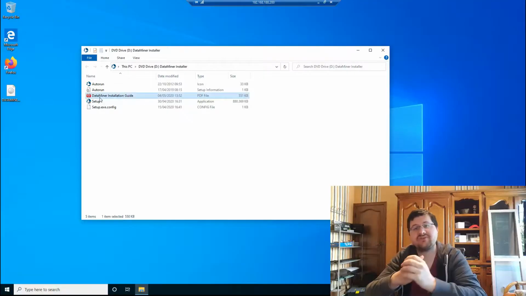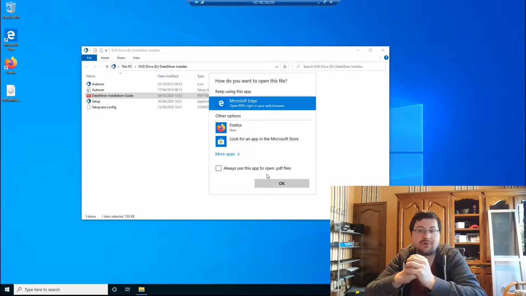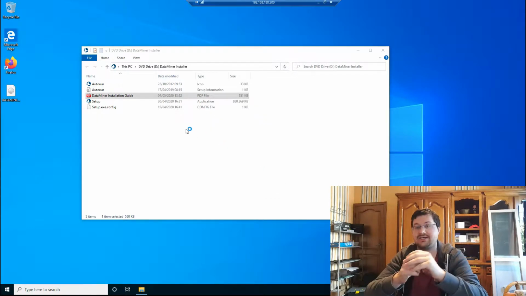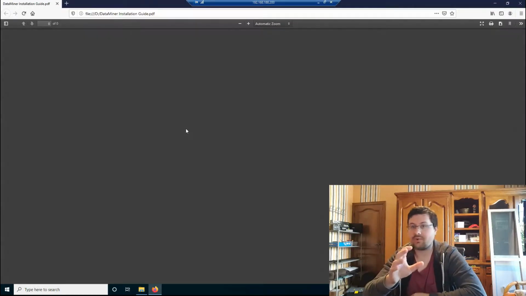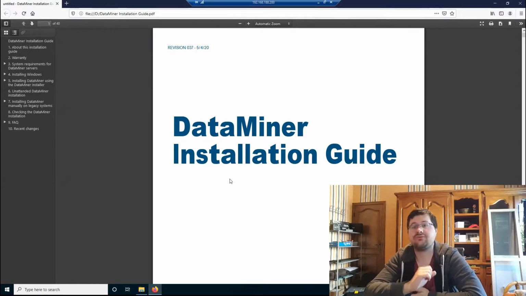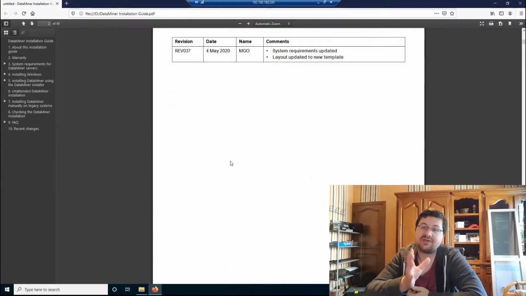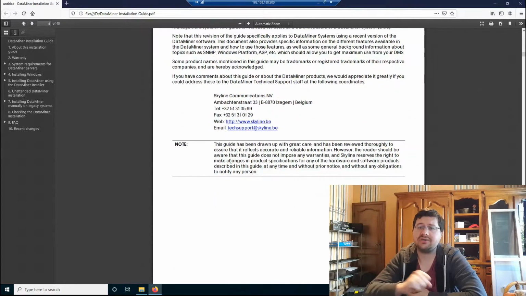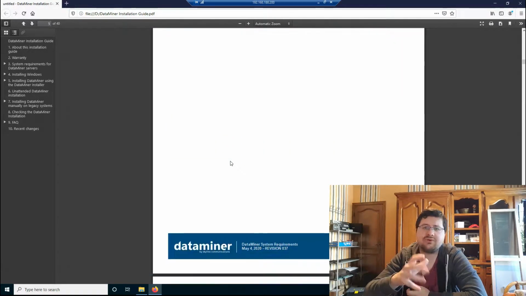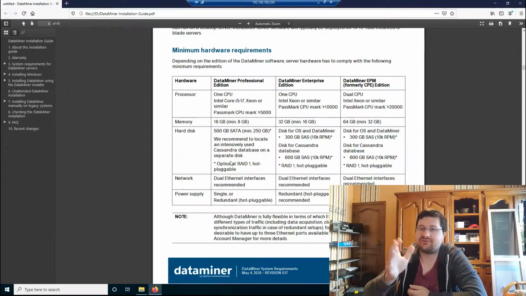Having actually gotten the DataMiner installer ISO, it's a simple matter of running the installer. First things first, there is a PDF document that indicates what the requirements are, what you need. Going through those, we've already gone through the hardware in the past, but here you can see what Skyline is offering as prerequisites and suggestions for